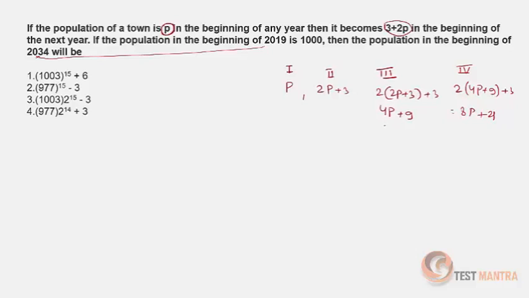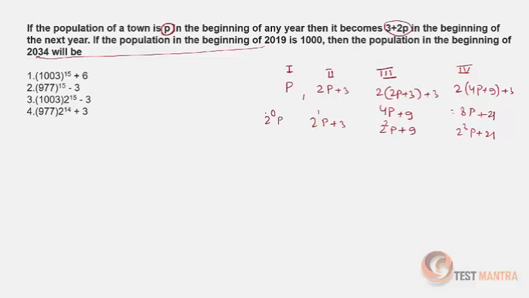This could have been written as 2 square P plus 9, 2 cube P plus 21, it's 2 raised to 1 into P plus 3, and this is nothing but 2 raised to 0 into P,